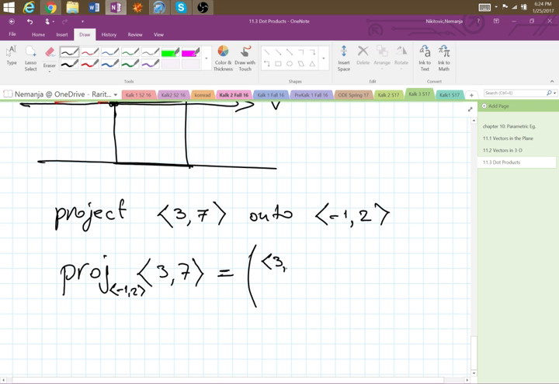So 3, 7 dotted with negative 1, 2 divided by,